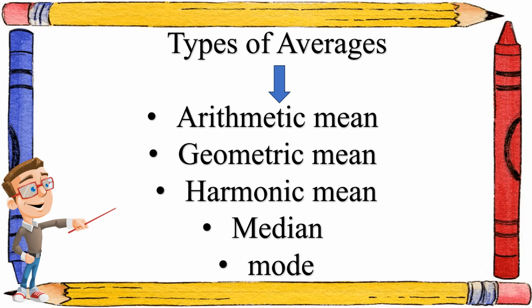If it is clearly written to find the geometric mean or find the harmonic mean, then you have to find only the geometric or harmonic mean. But if it is written to find the measures of location or measures of center tendency, then you have to find all these averages. Okay, so let's see what the arithmetic